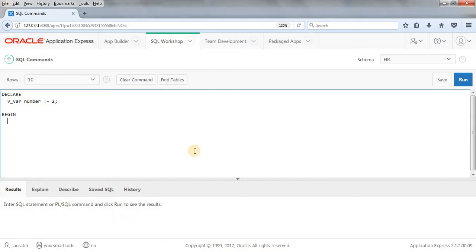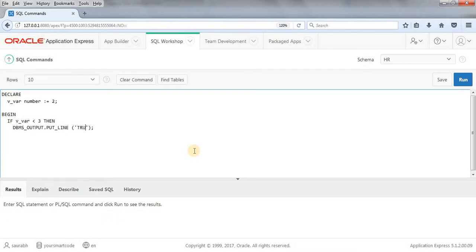Here we are going to say, if v_var is less than 3, then we want a result. We want to print something like dbms_output.put_line, and we will say